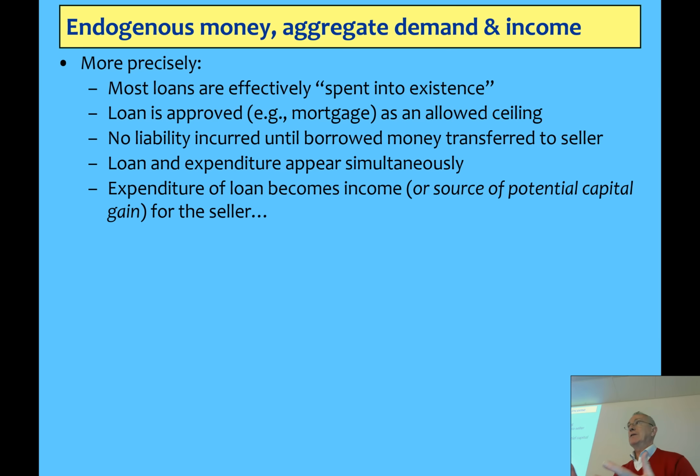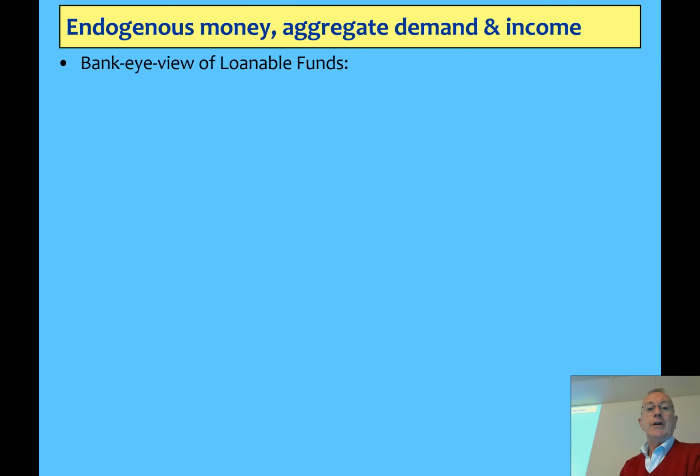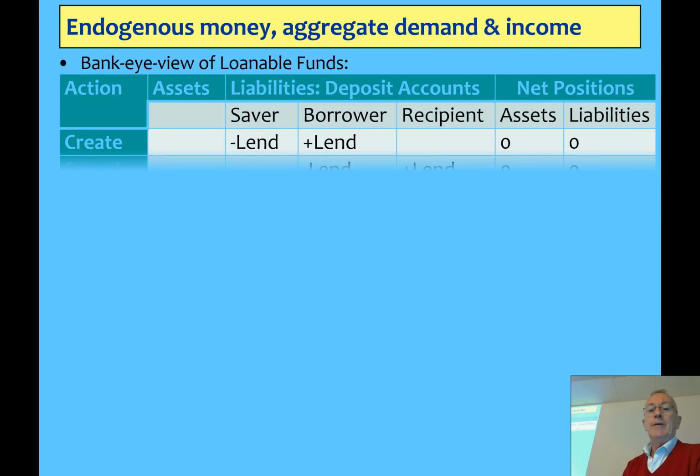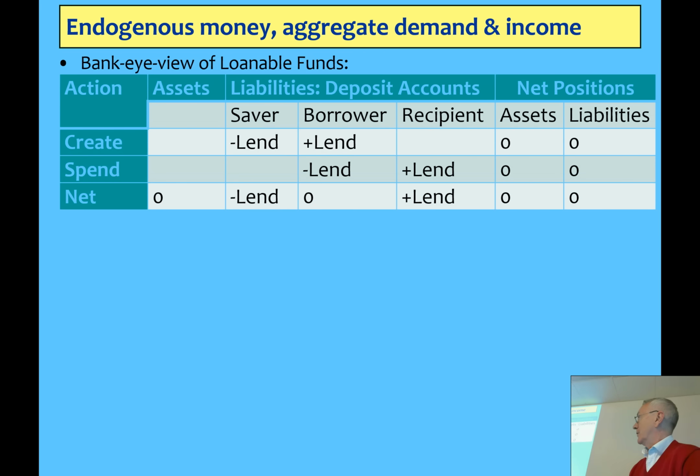I went through all sorts of attempts to get time differences to explain it. I got nowhere in trying to persuade other post-Keynesians. So I've basically said, let's forget about time sequences, milliseconds and stuff like that, and just go straight saying it all happens instantaneously. So I'm now going to look at this from the point of view of the bank first of all, and then do it with the time constants.